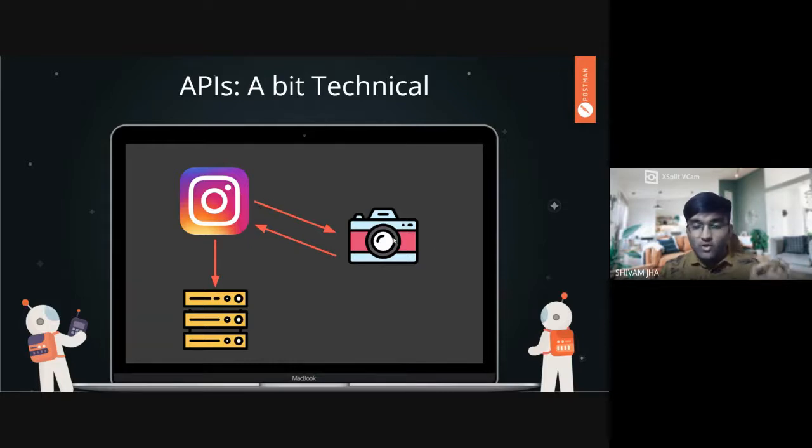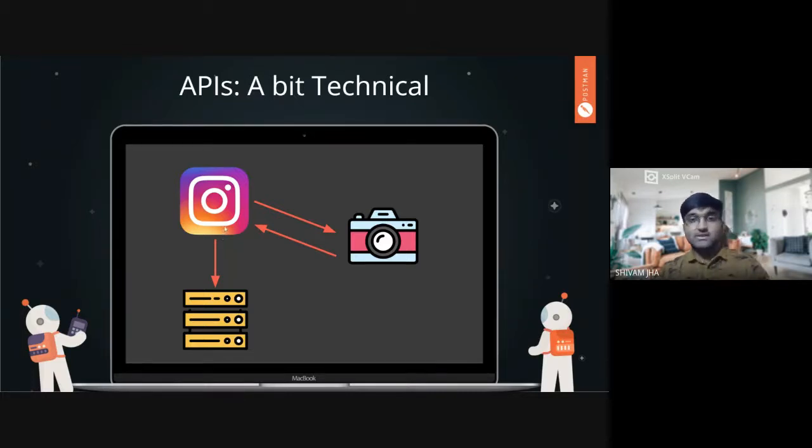What your camera needs is just the implementation of this API. Now your camera will capture an image, it will feed it to this Instagram API, and this API will apply its filters, all those weird faces and pouts and all. So it'll apply the filters to the images that your hardware has captured, and then it will send it back to the server. Now this Instagram hardware API to server API, this one is a private API. You don't know its implementation, and neither are you allowed to use it.